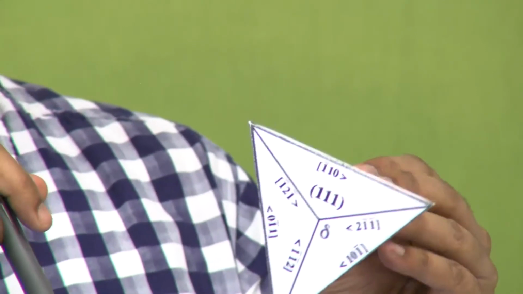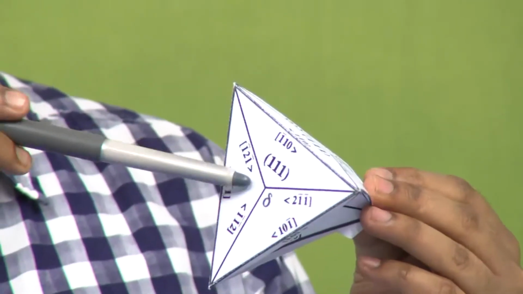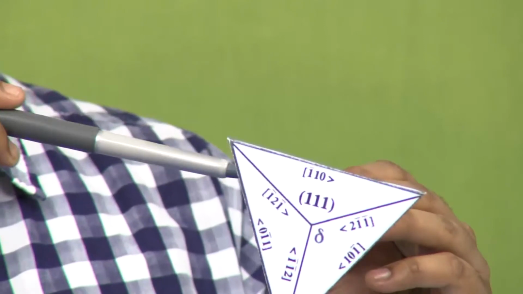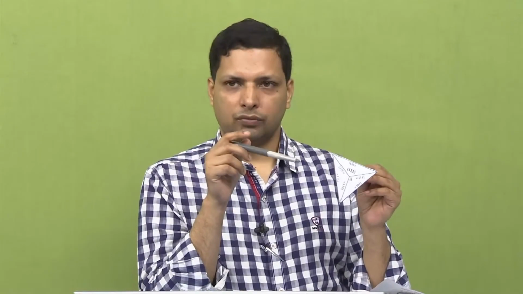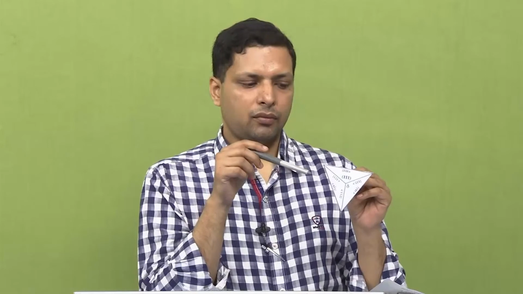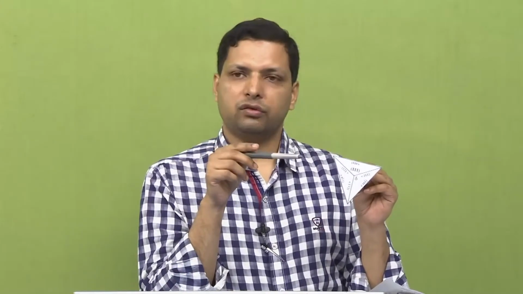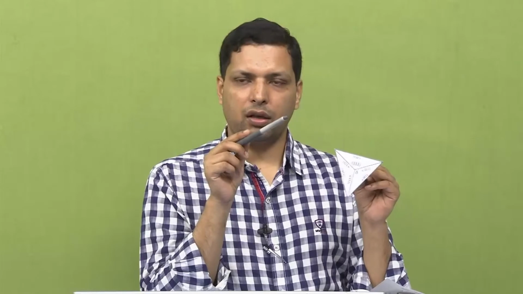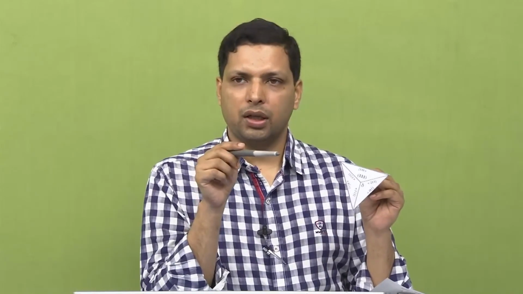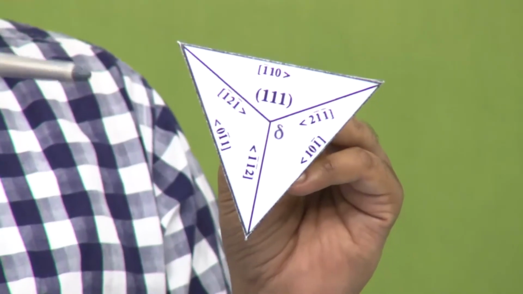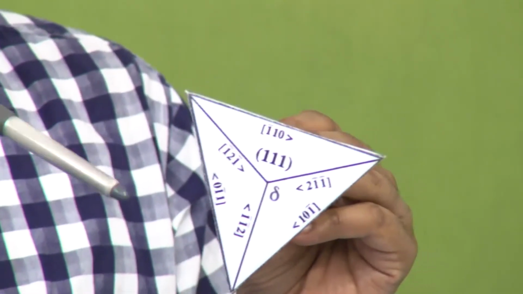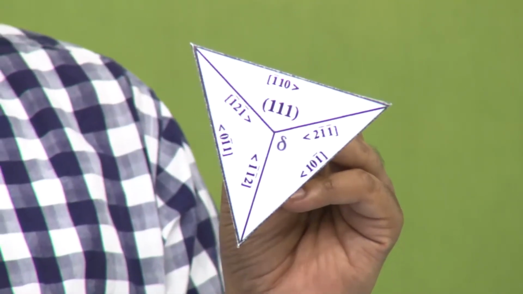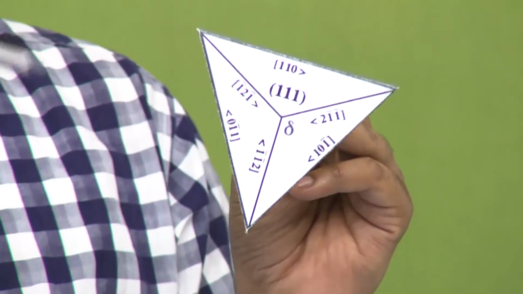Next, what else do we see? We see that there are 4 different planes, and all the 4 planes are connected to the other planes at least by one common direction. So, it would mean two things. One, that every dislocation in FCC, if it is a screw dislocation, will be able to cross slip. Another, that it will be able to cross slip only onto two different planes, it cannot have any third option. And next, that all the planes would be connected with each other.